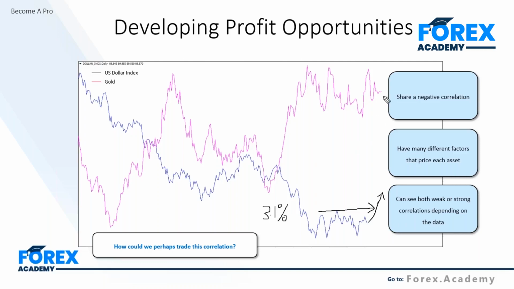Now, of course, the rational thing to do is, as the dollar trades up, you could look to short the gold market for a profit opportunity, given the negative correlation, so that they trade in opposite directions. However, your trade is for US dollar strength. That's your idea. So you're looking to get long the US dollar market as it trades up. You'll take a relatively big position in the US dollar market. However, you'll take a small position in the same direction in the gold market just as a hedge.